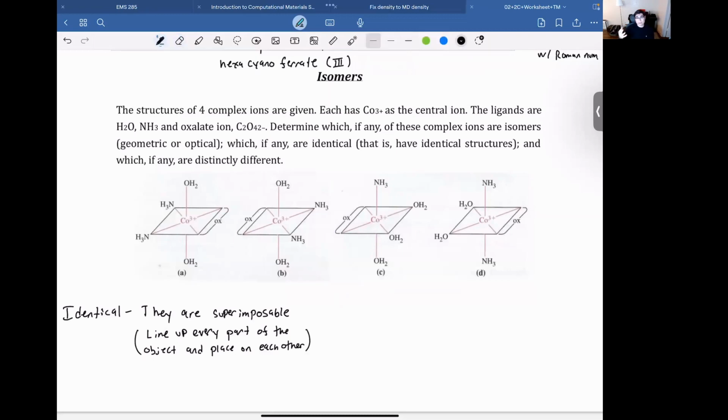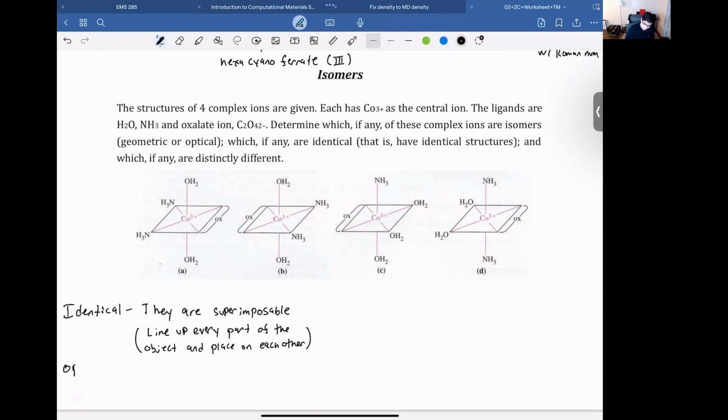So two things are identical. You can literally take them, rotate them around, whatever you've got to do. But eventually you have some conformation where you can put them right on top of each other and they're exactly the same. If you took a pen and duplicated it, the pen would have all of the springs, all of the parts in the exact same spot, and you would be able to superimpose that pen. To give you something to contrast this to, because I don't think superimposability makes a whole lot of sense to some people unless you contrast it,